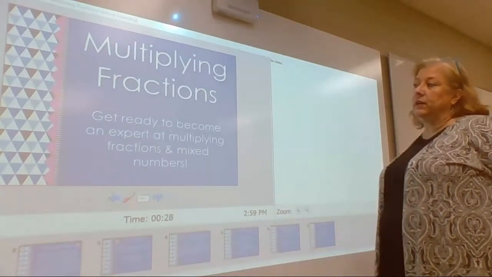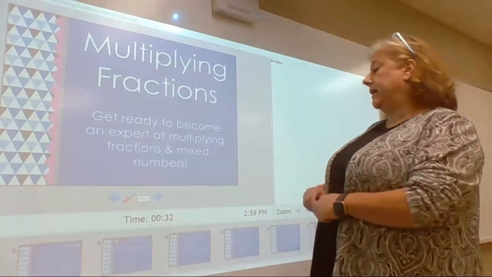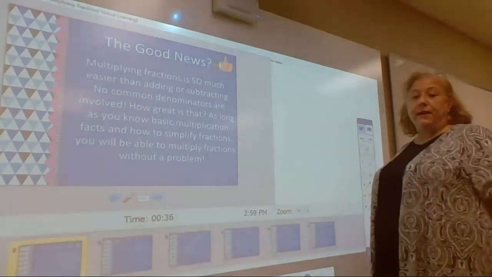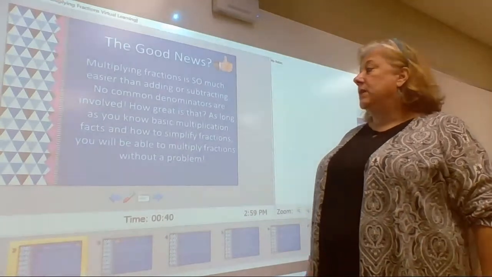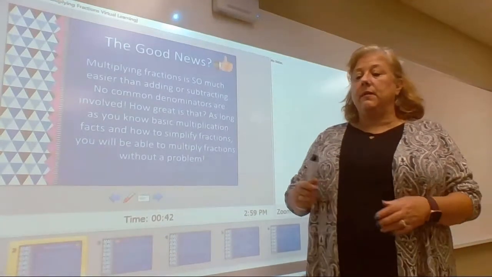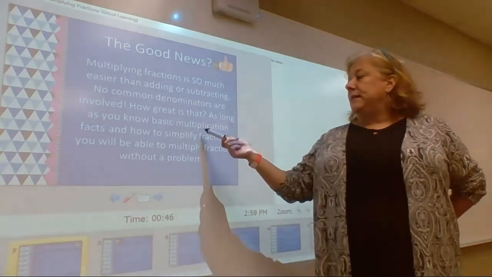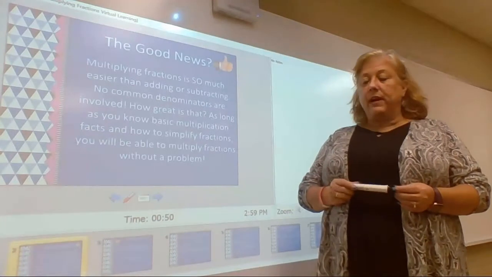Learners, today we're going to learn about multiplying fractions. Multiplying fractions is a whole lot easier than adding or subtracting fractions. You do not have to have a common denominator, which is real important. And as long as you know your basic multiplication facts and you know how to simplify fractions, you should be